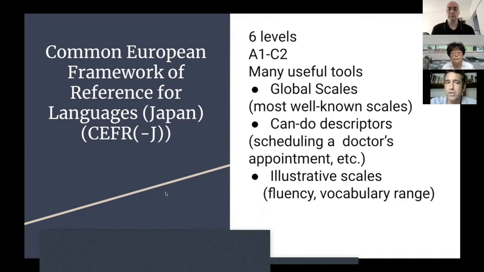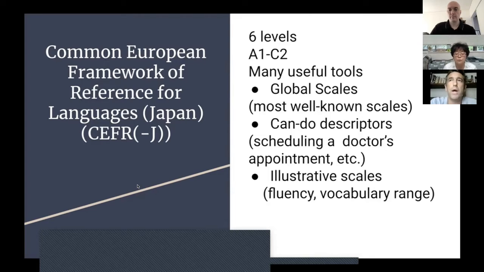We're all English teachers, but even if you have not, I will give a quick explanation of that. It is the Common European Framework of Reference for Languages. And then as of, I believe it was 2012, the Japanese version of that, the CEFRJ, was created to localize the CEFR standards. And just some background for the CEFR, there are 6 levels in it that goes from A1